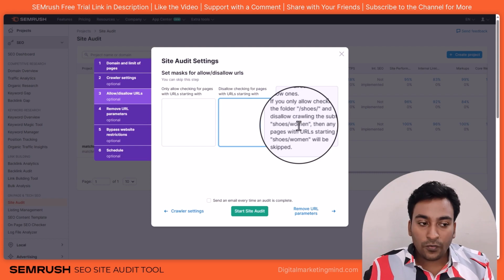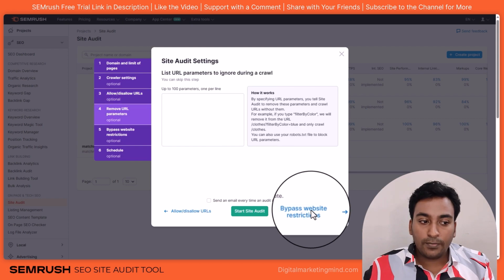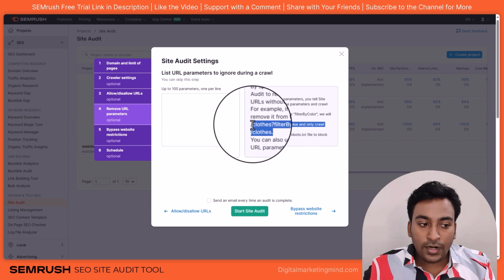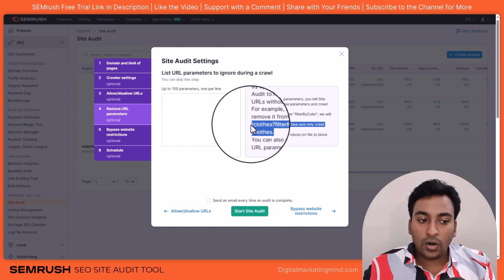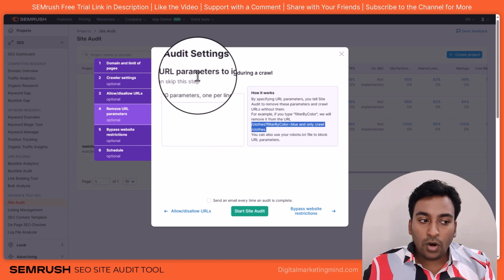So that is how it works, and you can see the explanation here. Remove URL parameter. Sometimes, especially in e-commerce stores, when we are applying certain filters, those filters also get applied to the URL and everything. Maybe you want to remove those kinds of URL parameters and ignore those URL parameter links within the crawl,